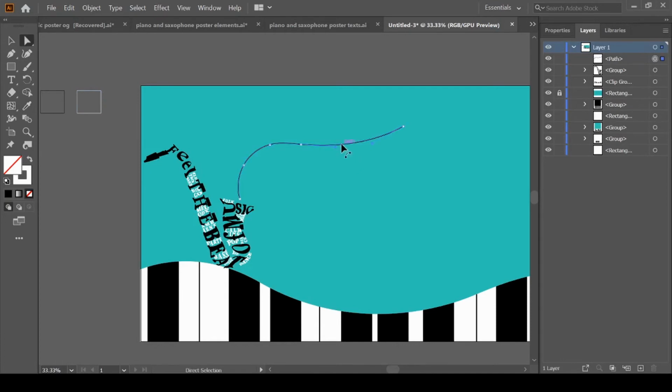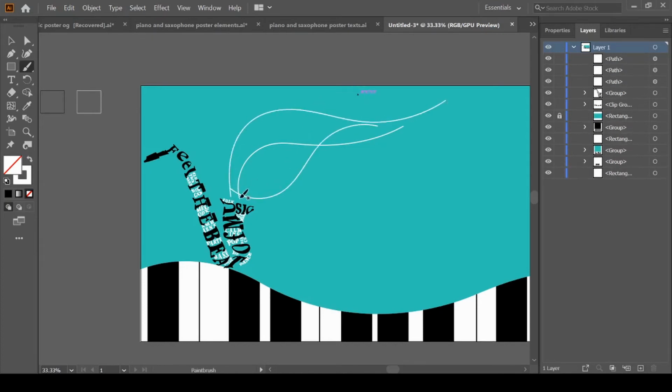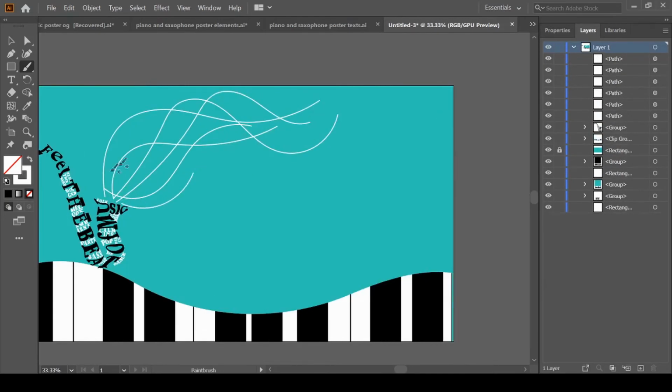Okay, first of all select this one, I for eyedropper tool, pick this white color. Okay. Now just go on making random waves like this. Okay, our illusion sound wave is made.